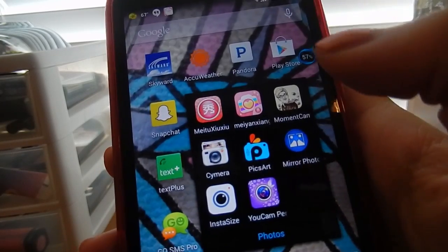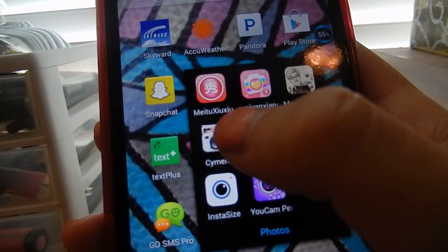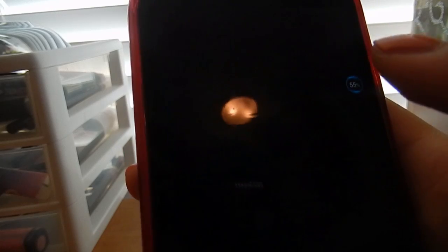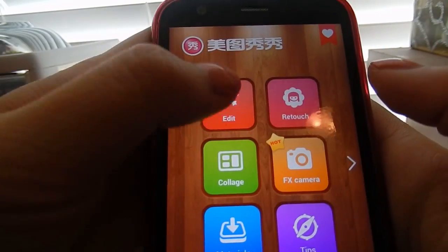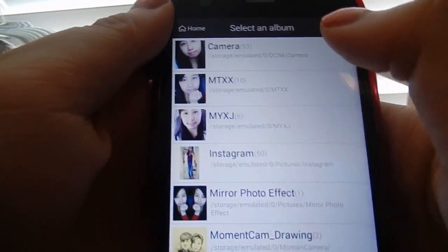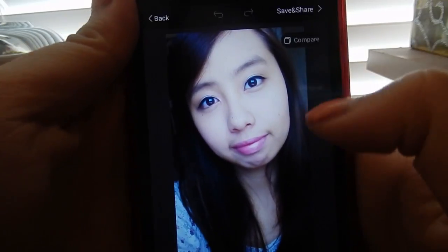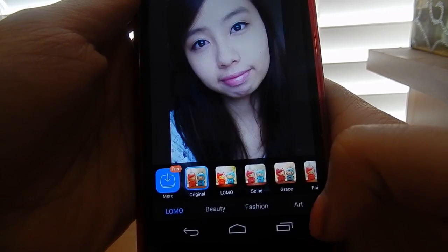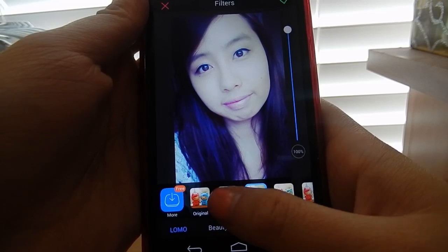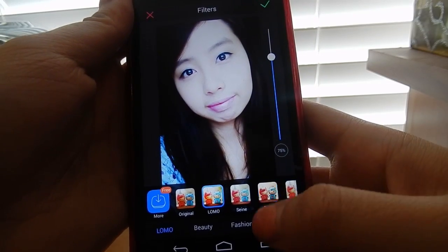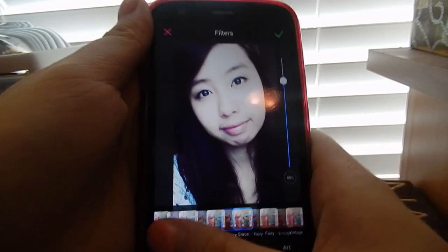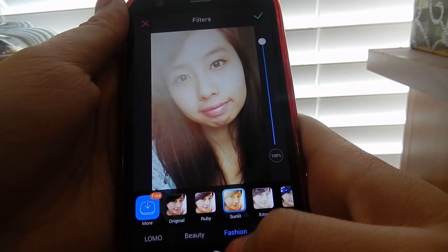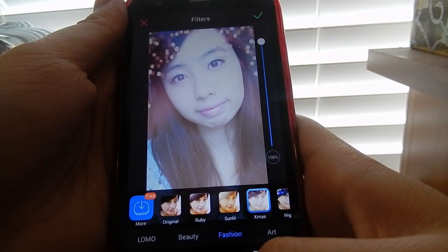And then photos. This is what I use to edit my photos. So I have this thing called Meitu Xiuxiu and Meiyan Xiangji. It's like Asian apps, but they're really cool because they have a lot of beauty effects. So let's just say I did this picture and I got it today, right? So there's filters that you can do. And I just really like this one because it has a lot of variety of things that you can do on it. And like fashion, you can put the sun or Christmas. So I really